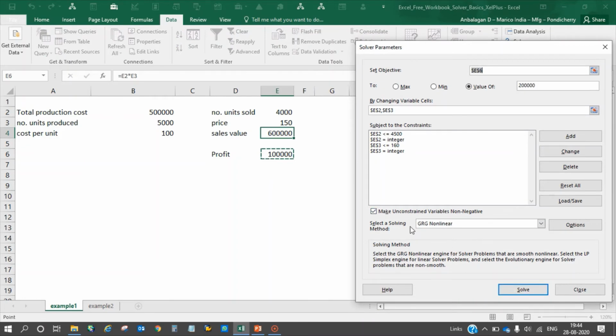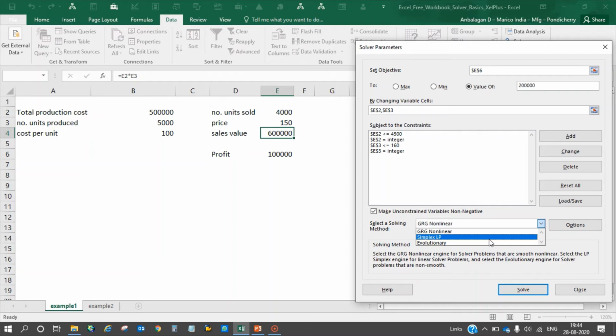And also there are 3 methods available in this solving method. One is GRG nonlinear, then simplex LP and evolutionary. GRG nonlinear will give you an optimal solution, and evolutionary is a global optimal solution.